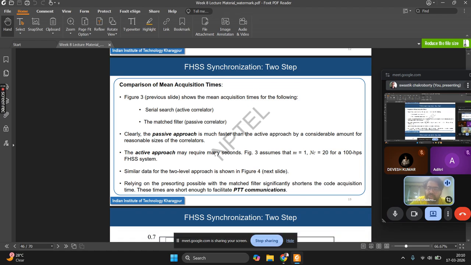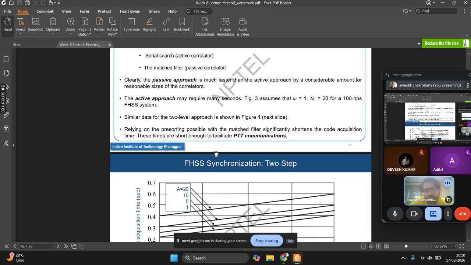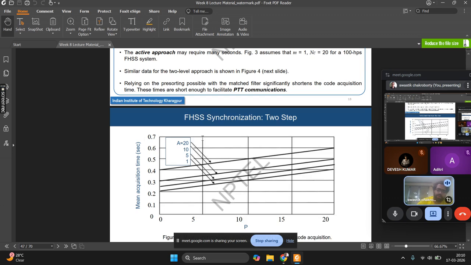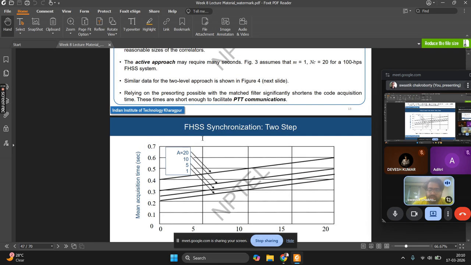So the passive approach is much faster, since O(1) is much faster than O(n). Relying on the pre-sorting possible with the matched filter significantly shortens the code acquisition time. These times are short enough to facilitate PTT communication. So if you take the two-step approach,